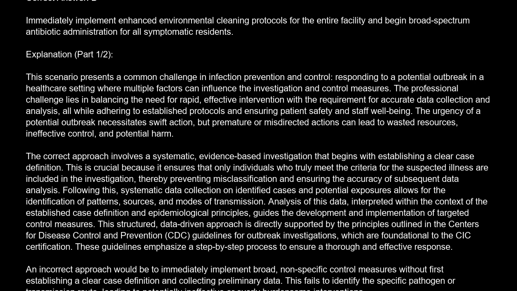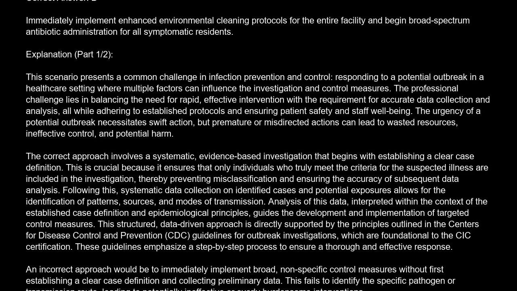setting where multiple factors can influence the investigation and control measures. The professional challenge lies in balancing the need for rapid, effective intervention with the requirement for accurate data collection and analysis, all while adhering to established protocols and ensuring patient safety and staff well-being. The urgency of a potential outbreak necessitates swift action, but premature or misdirected actions can lead to wasted resources, ineffective